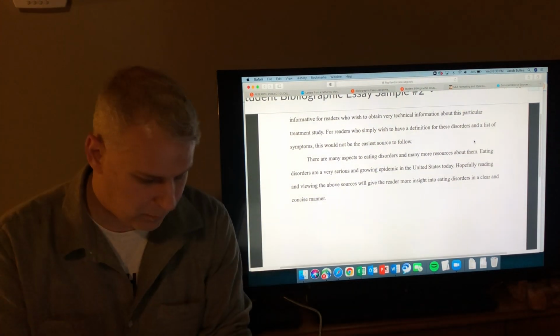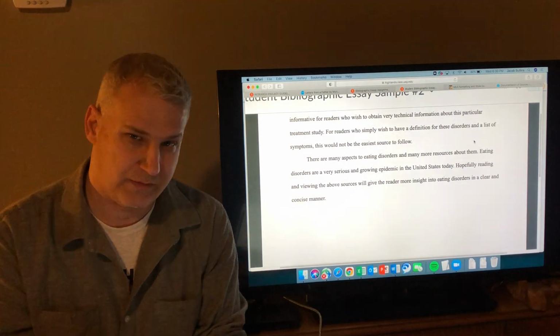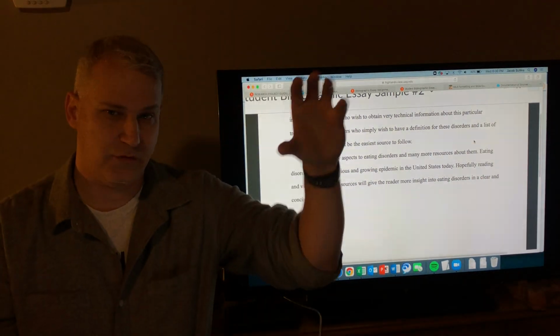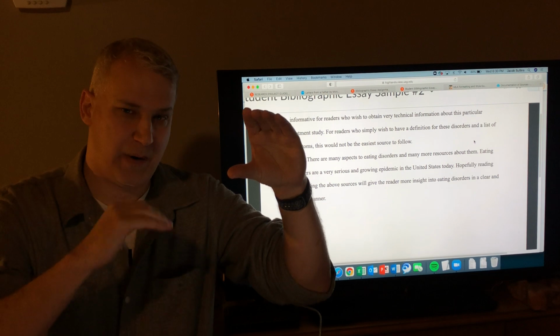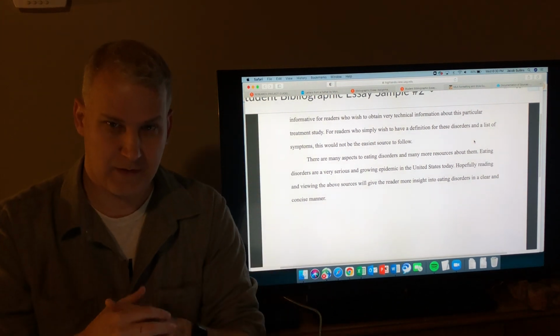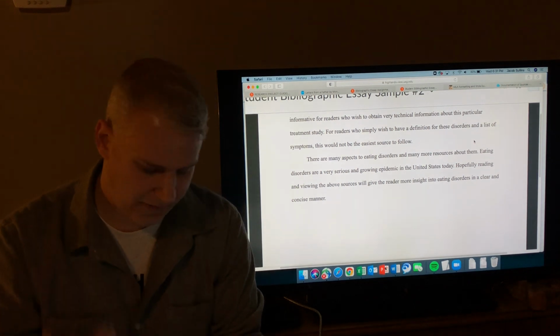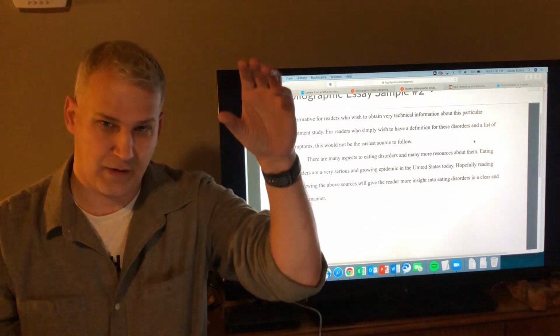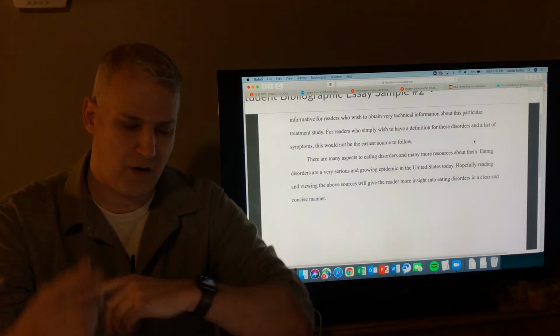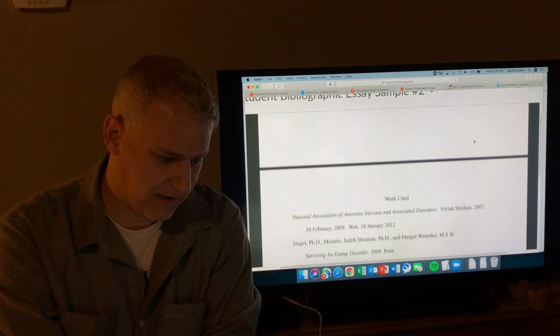I can never read a word of this paper and know they did it basically right, because I got 6 paragraphs. So I got an introduction, 4 body paragraphs that are each about one specific source, and then a conclusion. If you do this right, it has to have 6 paragraphs. Introduction and conclusion, and 4 body paragraphs in the middle that are each about one particular source. And then at the end of that,